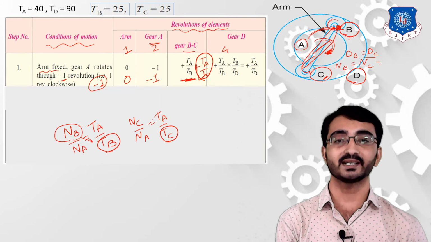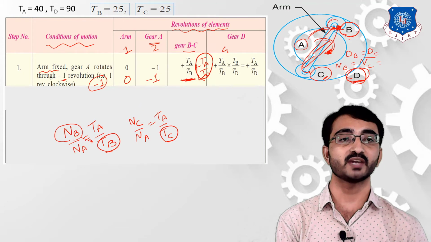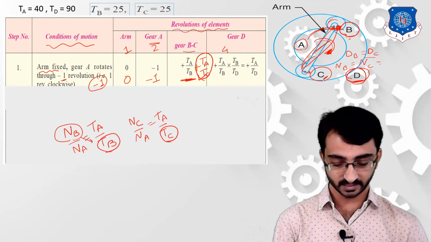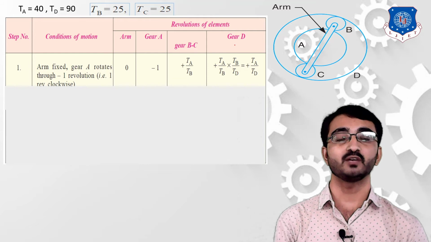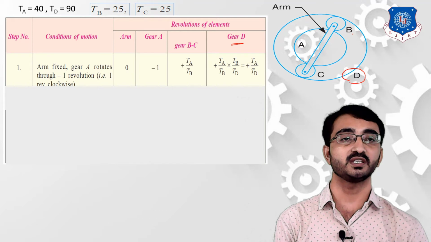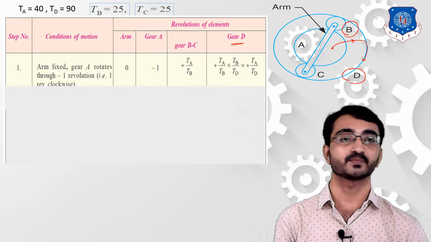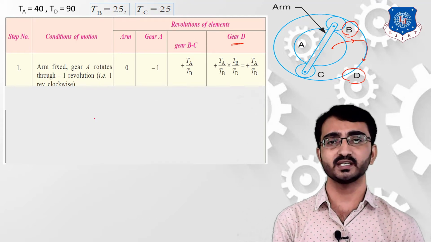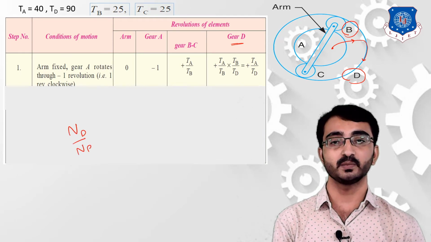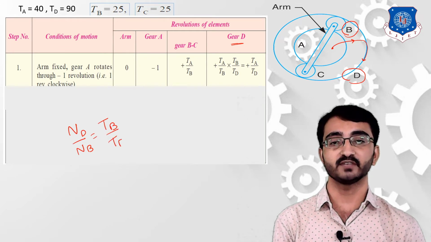Now the next component, that is your gear D. Let's consider that gear D is meshing with gear B. Let's clear this screen first. So here we have to consider this gear D, which is meshing with gear B. If you consider the cycle in such a way that A is transmitting power to gear B and B is transmitting power to gear D, then we can write the equation that speed of gear D upon speed of gear B is equal to number of teeth of gear B upon number of teeth of gear D.